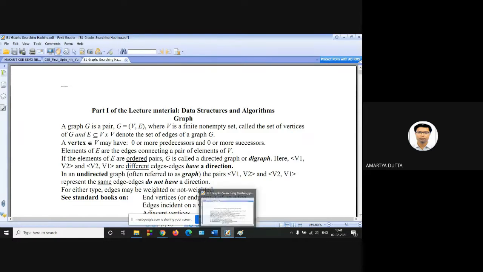So more specifically, graph is a... what is the definition of tree? Anyone? Tree definition: tree is a connected, acyclic, undirected graph. Tree is a graph, but it is acyclic. The main difference between graph and tree is that a graph may be cyclic, but a tree is not cyclic. It is acyclic. So tree is an acyclic, connected, undirected graph.